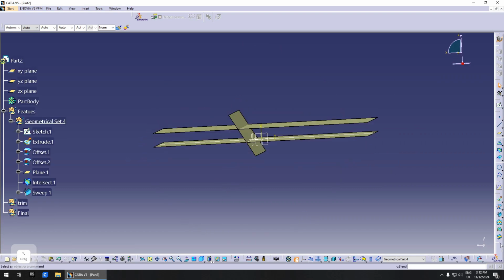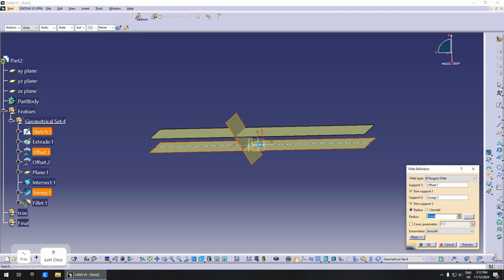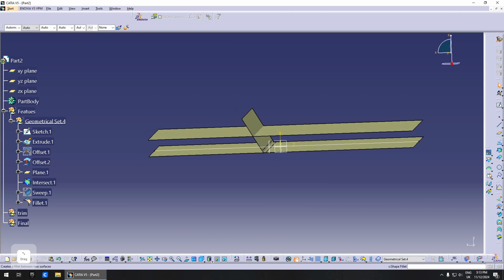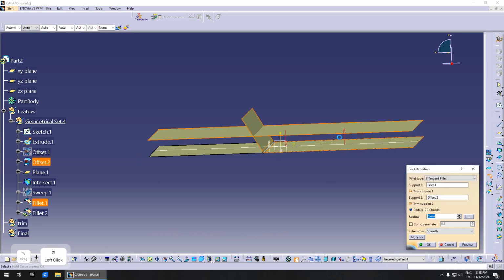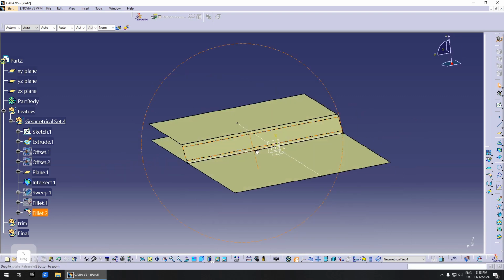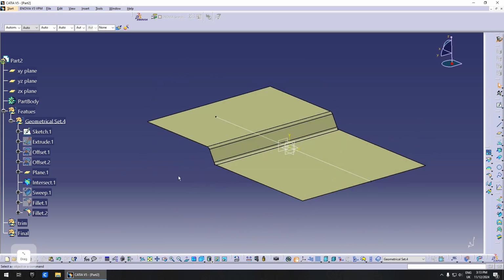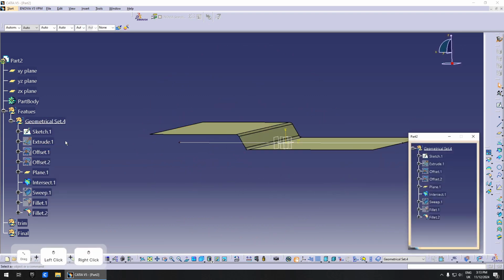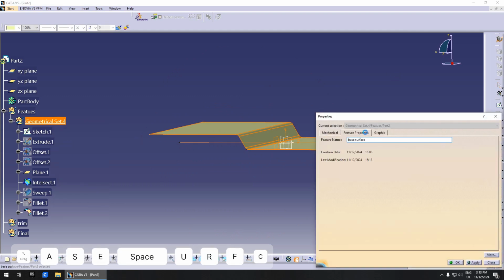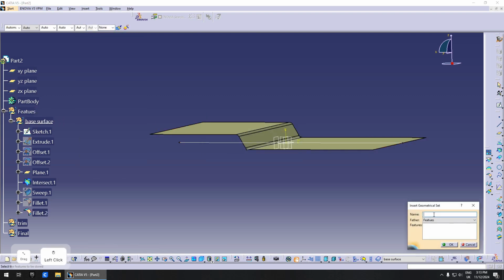All right, at the end of this, you just simply fill them together like this, and you have your base surface, so to say. You can rename this to base surface, just so it's easier to understand. Now, what you need to do next is to,